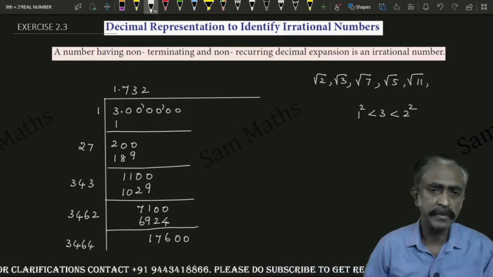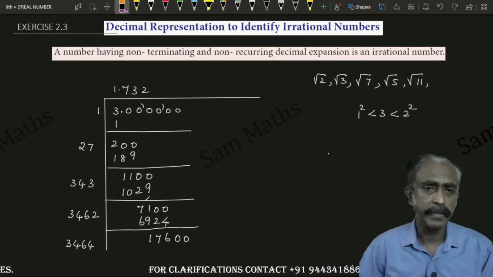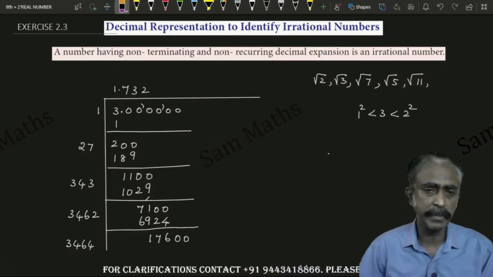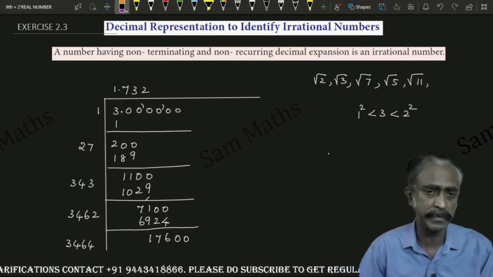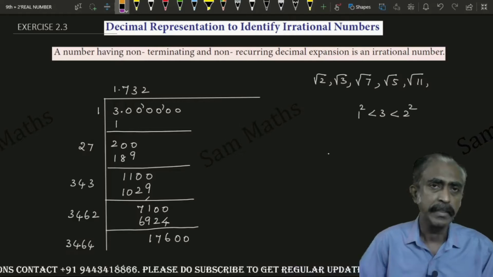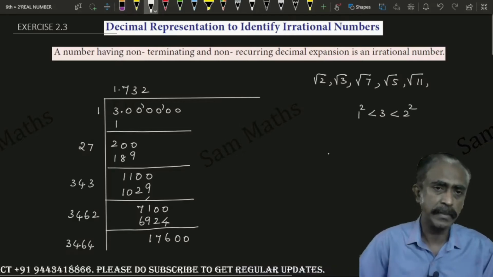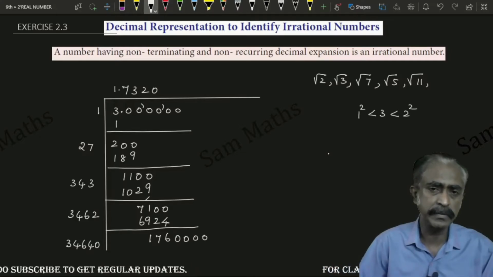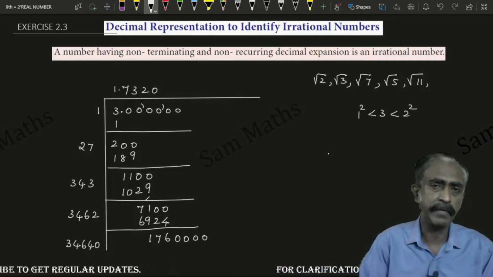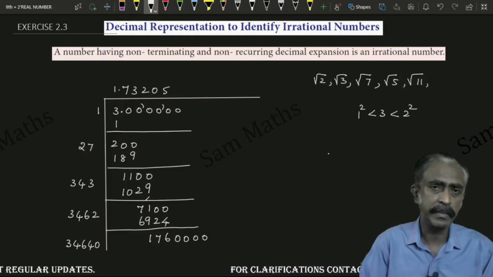This becomes 3464. Okay, children. Here if you are putting some number, even if you are taking one time, it becomes 34,000 something. Here we have only 17,000. So I can put only 0. Okay, children. So here 0, here also 0. After that you take 2 more zeros. Right, children. Now we have to go for another number. Let it be 5.